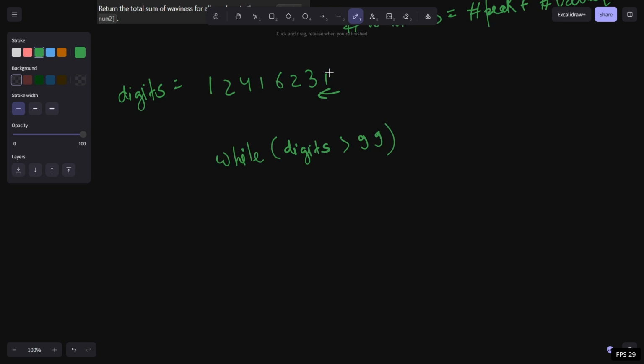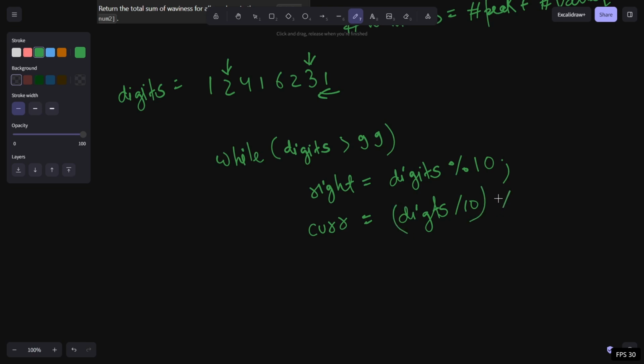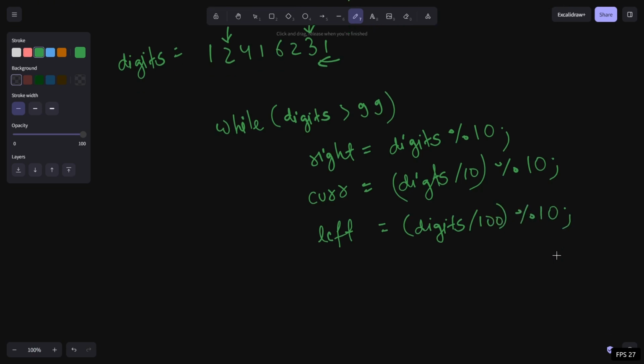First of all, we take out the right index. We start current from here and end current here. Current can't become the leftmost or rightmost index. So right equals digits modulo 10, current equals digits divided by 10 modulo 10, and left equals digits divided by 100 modulo 10. After this, we remove one element from digits, so digits equals digits divided by 10, and